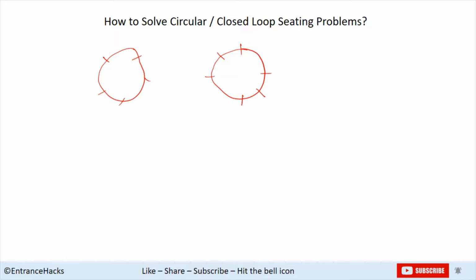Now we have to draw more than one circle to account for the options we get after reading the statements. So for the even case, if we say there is one person between A and C, it could be like this or it could be like this. So C could be either on the left or right of A. To start with, we fix the position of one person, as we have done here, and seat the rest of the people with reference to him or her.